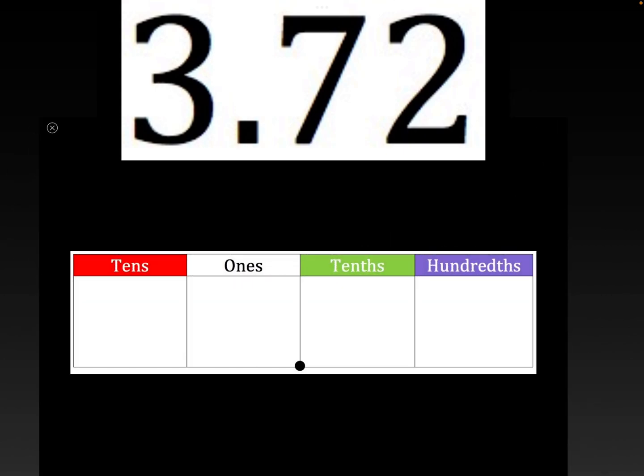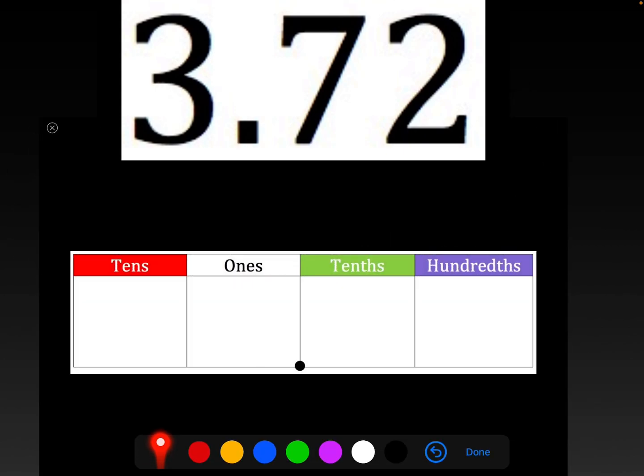But now what I want you to do, we're going to look at a number, and this is what you're going to do some practices on. So if we had 372, now, if you remember when we had the place value charts like this one here. So now, let me go ahead and get my pen, and I'm going to draw them in different colors. So if I have 2 over here in the hundredths, since it's purple, I know that'd be